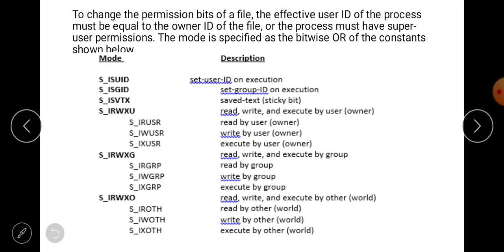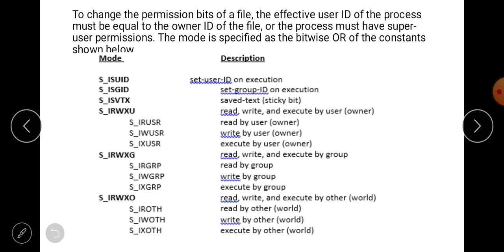To change the permission bits of a file, the effective user ID of the process must be equal to the owner ID of the file, or the process must have super user permission. The mode is specified as a bitwise OR of the constants shown below.